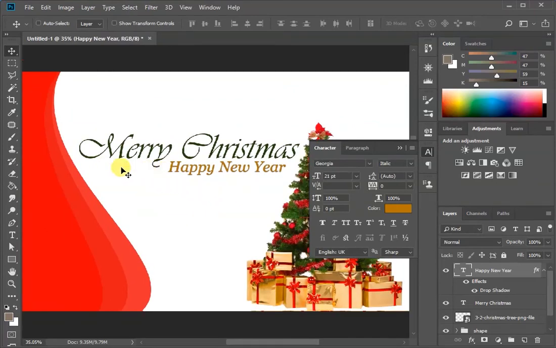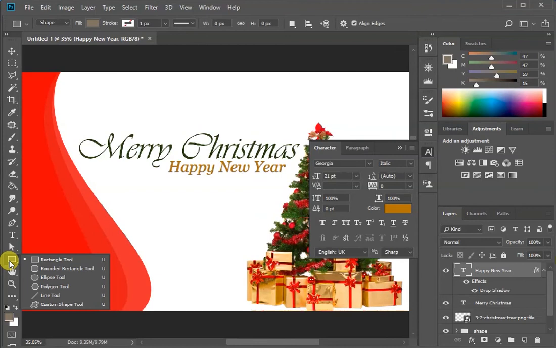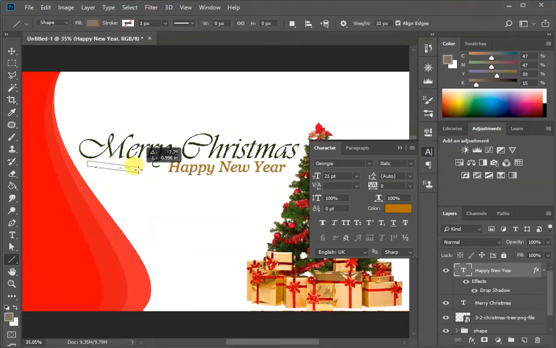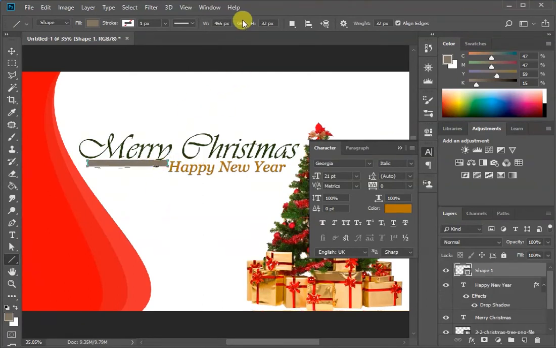I feel like I should add something here, like a dash, a line. Now select the line tool. How do I do this? Right click on it, select the line tool, then draw the line. Draw the line. It's quite big, so reduce the height. This H is for height, W is for width. So reduce the height to